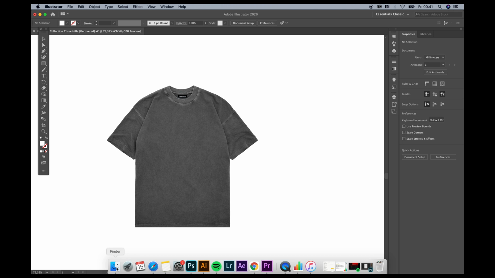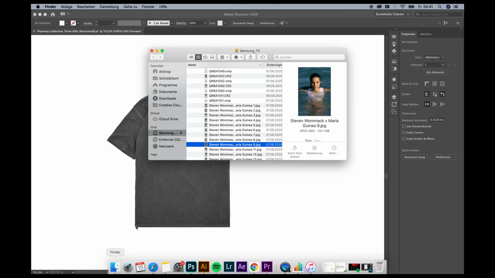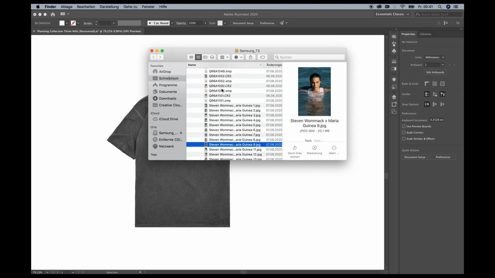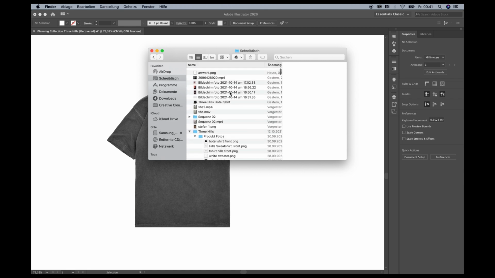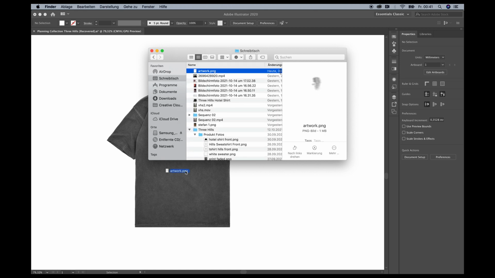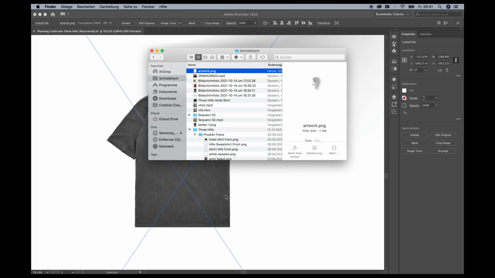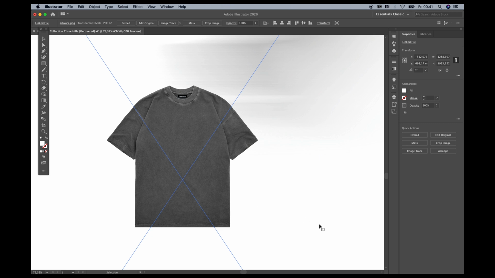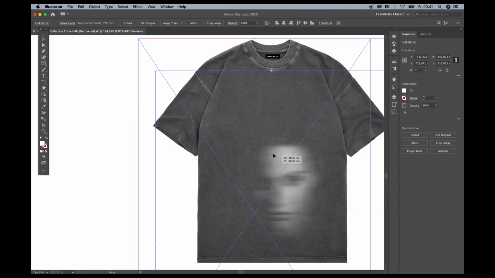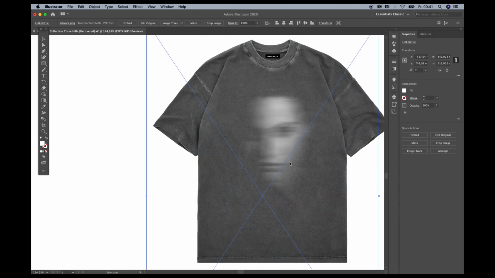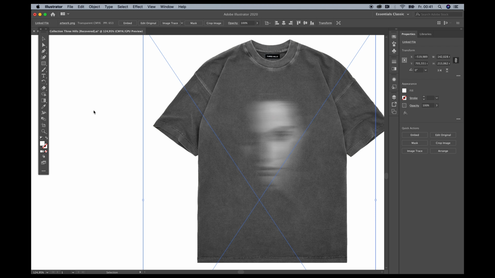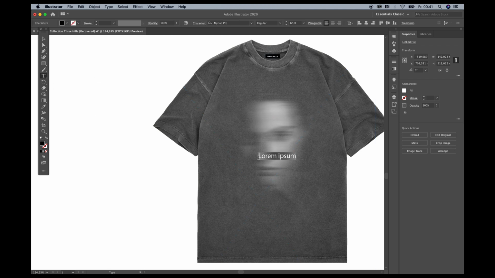So now what you want to do is just insert or drag and drop the file that we have just created in Photoshop. So we put it to our desktop here. We called it artwork PNG. Pull it into the frame. It's going to be huge now, so we want to resize this by pulling the edges. And now you can see right here, it already looks amazing, just like on that t-shirt that we printed right there. And now you just add your